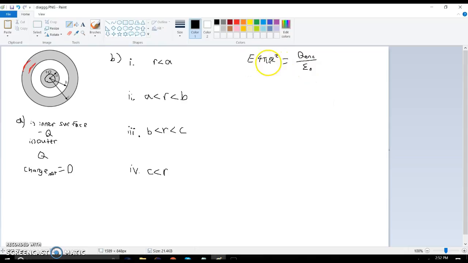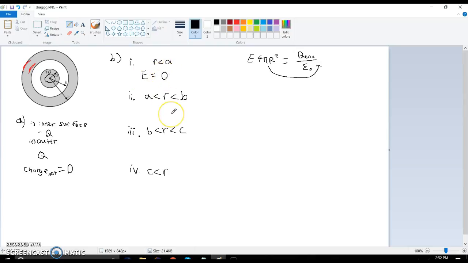So E is just Q enclosed over epsilon naught divided by this quantity here. In this example, the enclosed charge is 0 because it's on the inside of a conductor. So since the numerator is 0, the electric field for part 1